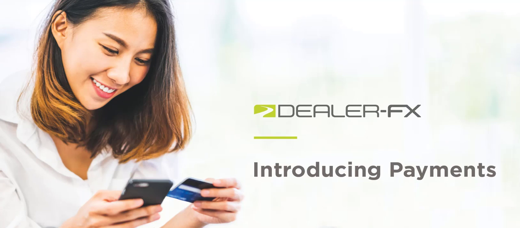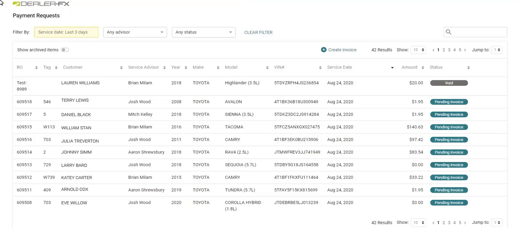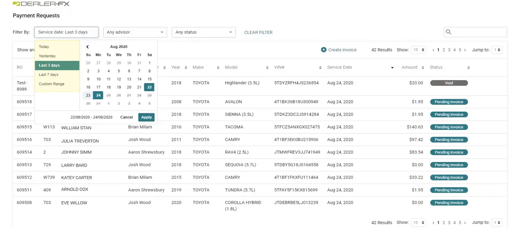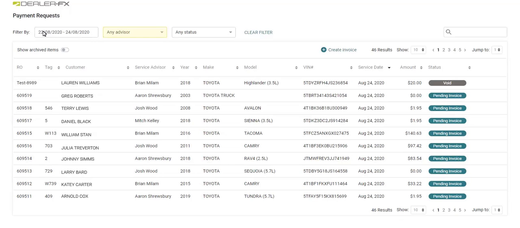Introducing Payments. The filters available on our Payments Request page are powerful and easy to use, making it simple for you to find the RO you're looking for quickly. You can find ROs by choosing today's date, yesterday, the last 3 days, the last 7 days, or even a custom range. If you're looking for a particular RO and you know which advisor would have created it, you can